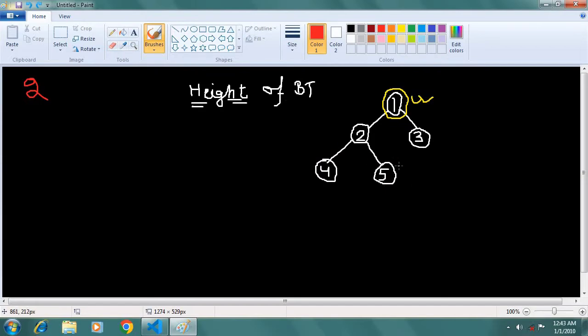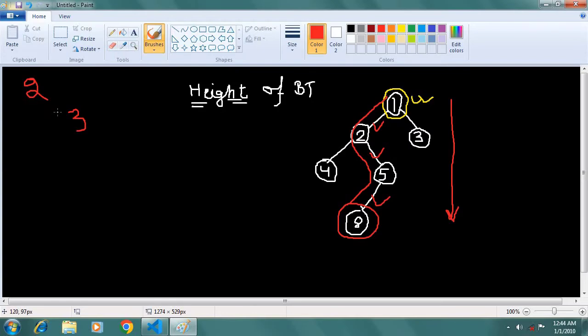So let us suppose I take one node here, let's say 8. Now if I ask you what will be the height of the binary tree, is the height still the same, like 2? Now the deepest leaf node is this 8. As you can see, it is present in the maximum depth. So the height of a binary tree is the number of edges in a path from this root node to the deepest leaf node. So how many edges are there? 1, 2 and 3. So can I say that its height is 3? Of course yes. The height of this binary tree is 3.